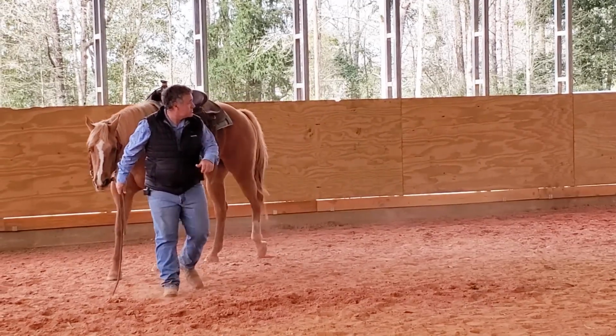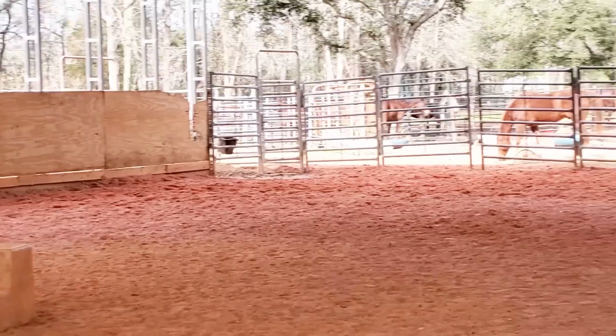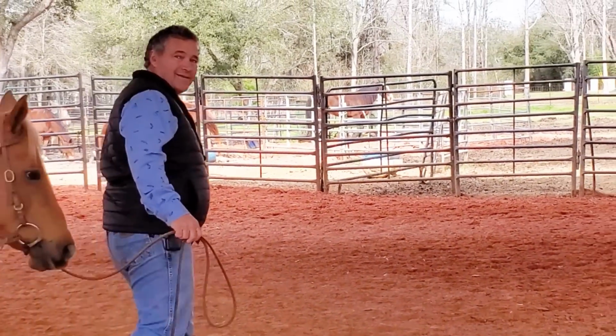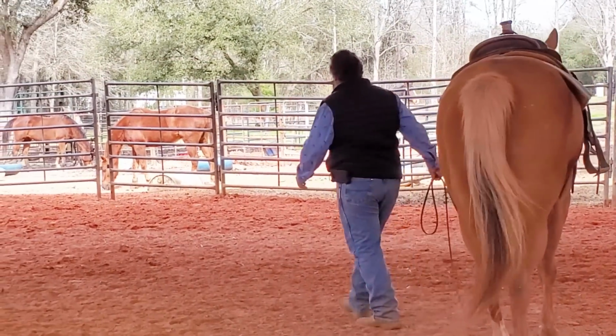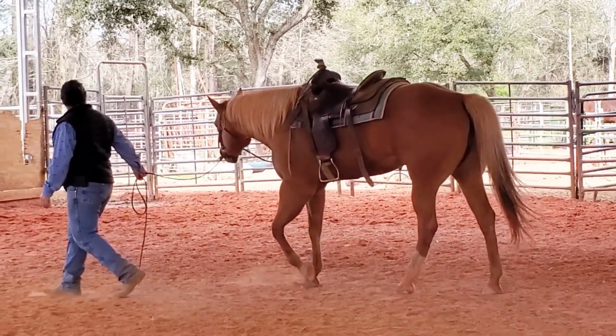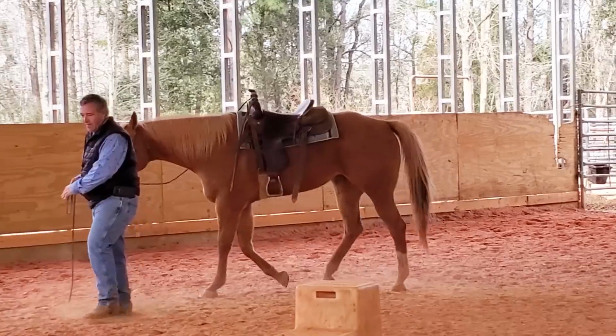Well, I see George trying to pull a pin up between 2 panels out there. He is a heck of an escape artist. And that second pin? Yeah, well, the first one, the one with the bay with the blaze right there, he walked away. I think he might have actually got it apart. Have to go check it when we're done. But anyways,